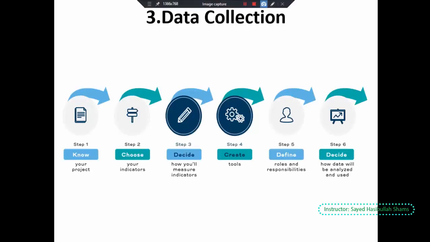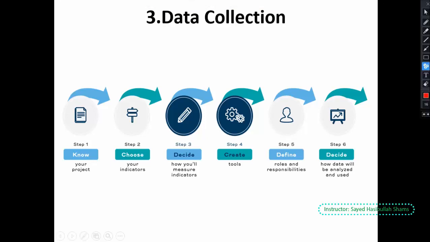As we have completed two steps, step 1 and step 2, we have jumped to step 3. Our step 3 is how you will measure indicators. To measure indicators, we link this to our data collection. So the third step in the M&E plan is data collection,